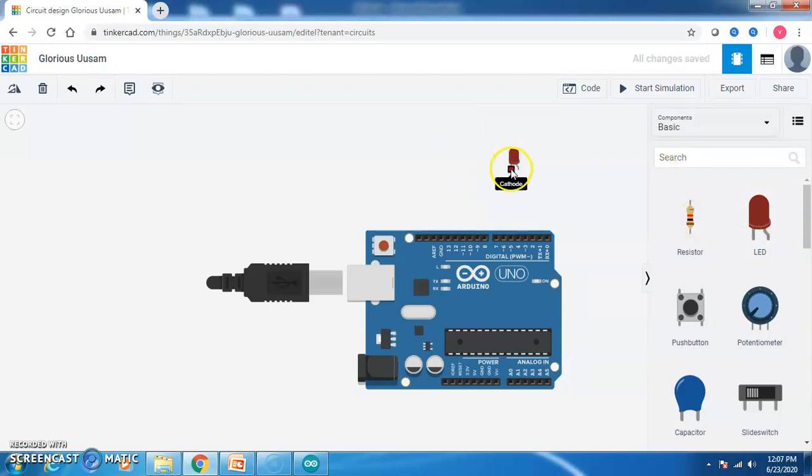Now if I see my LED, the LED is going to have two legs. One leg is called the anode and the other leg is called the cathode. The cathode is connected to the ground and the anode can be connected to any other pin. I am connecting it to the 9th pin. Now I want to blink this LED. Blinking in the sense I want to blink the LED for 1 second and off for 1 second. To do this, again I click on code,